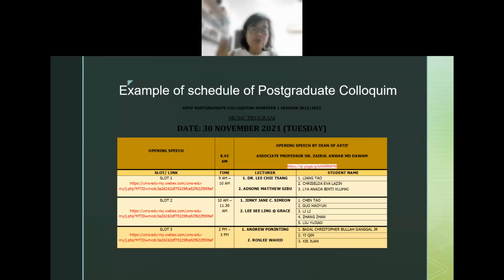And I again want to stress to you that the session in which you present your proposal is called postgraduate colloquium. Your name will be here, and the lecturers who assess you will be here. These are just examples, and you'll be given a WebEx where you have to come in like now.